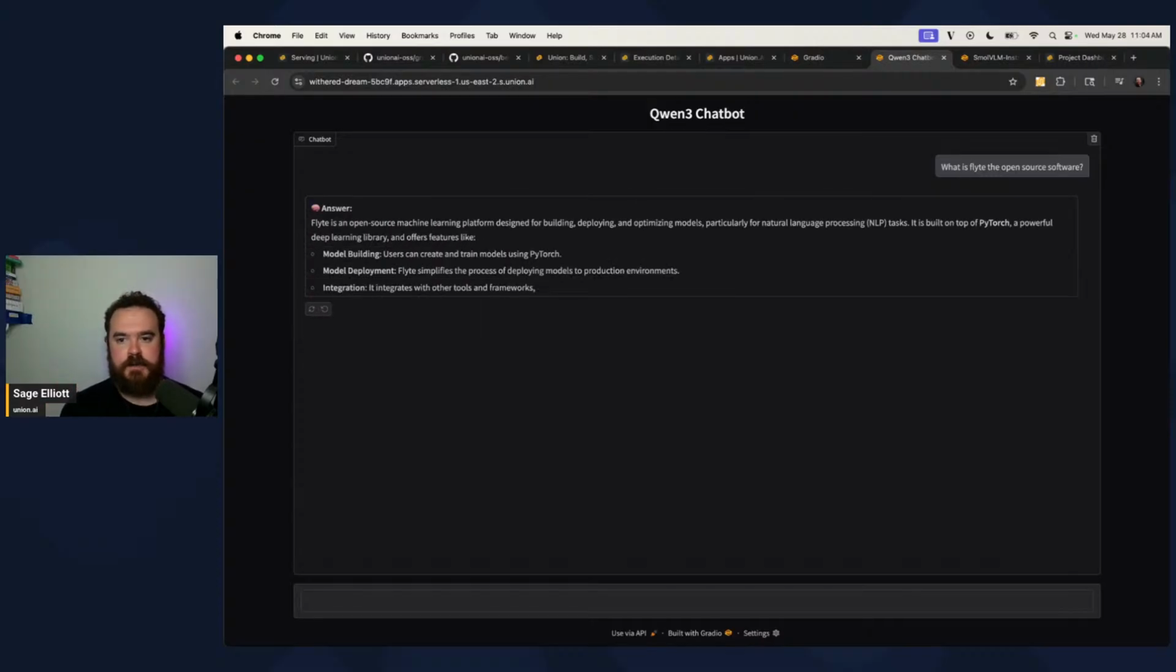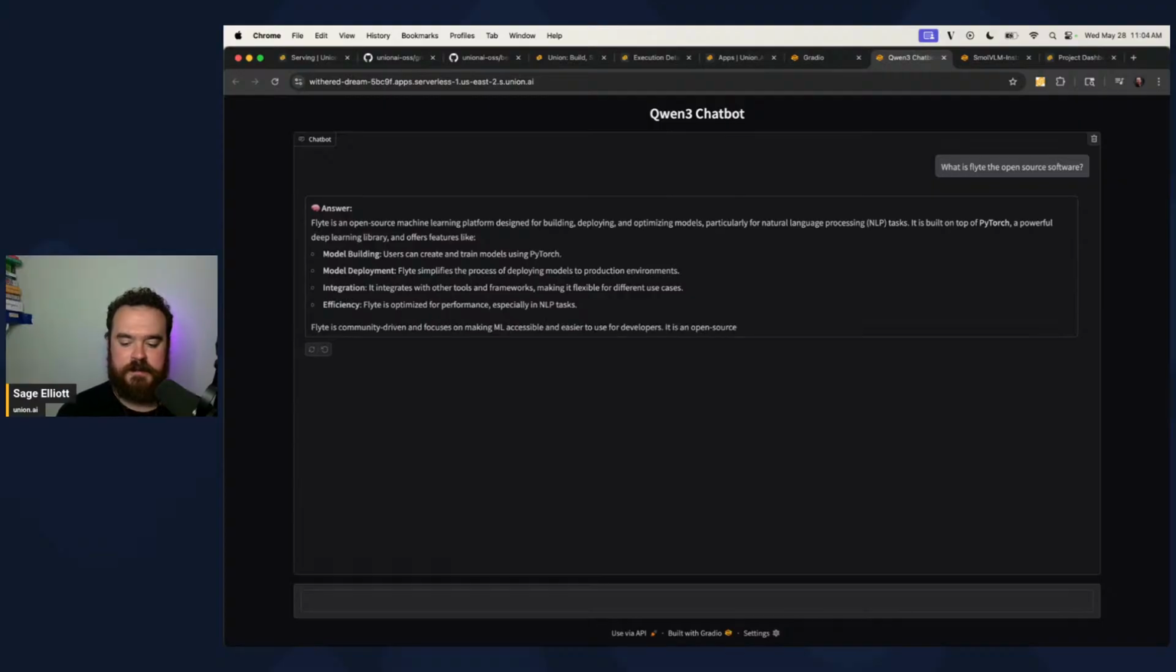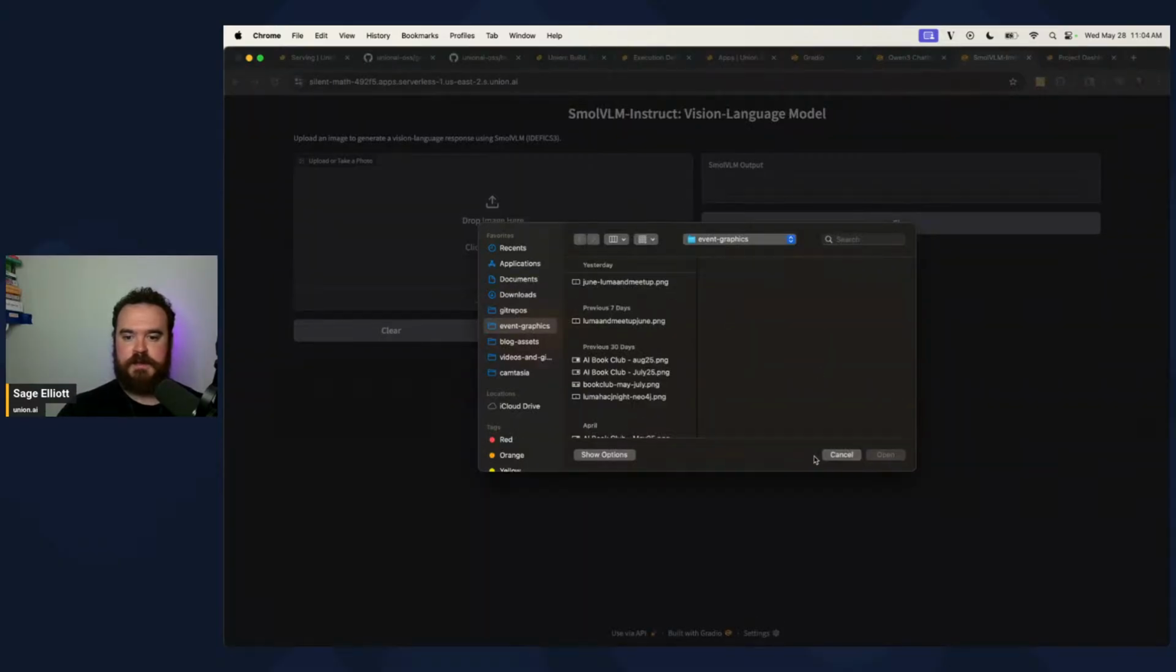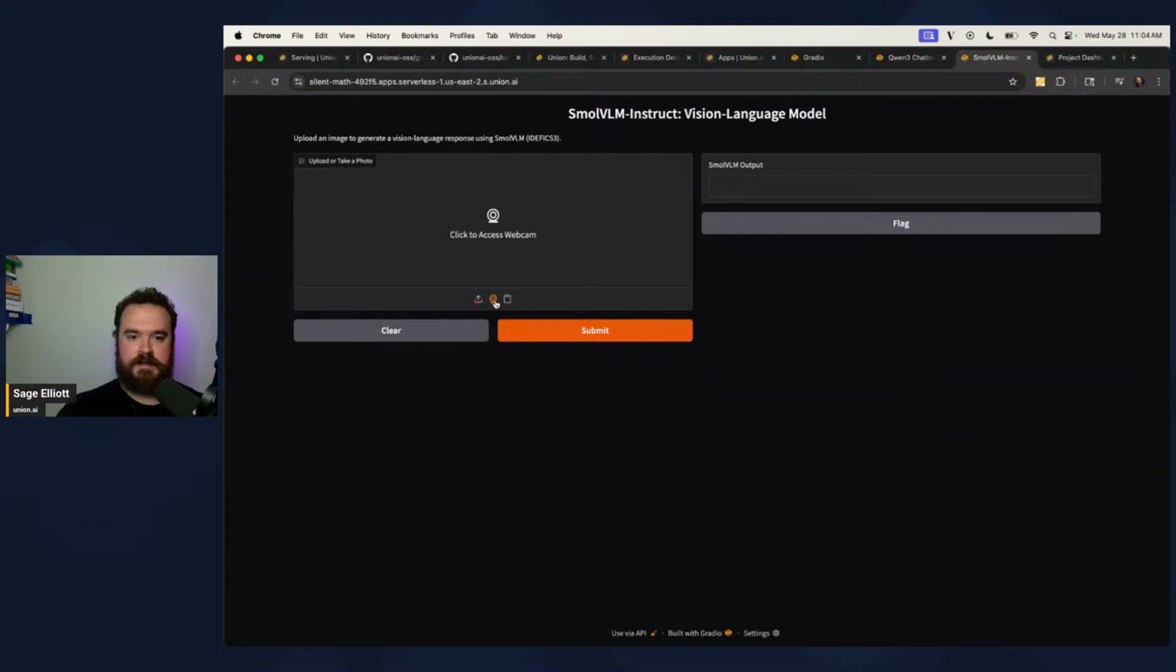So we're going to show how to download this model, save it as an artifact in Union, and then serve it here in an application. And then finally, we can look at using a VLM. This is a small VLM from Hugging Face, so it's really, really small. It doesn't always do perfectly, but we'll look at how to use this to get insights on what's going on